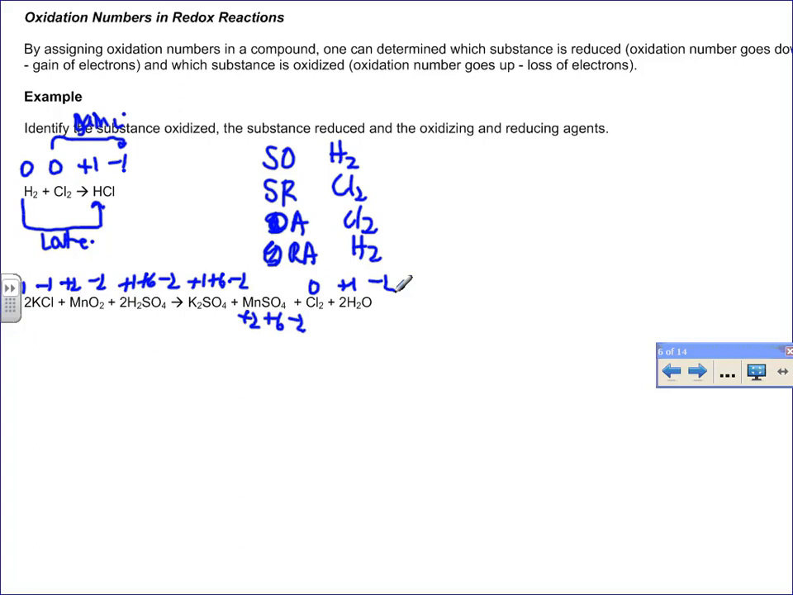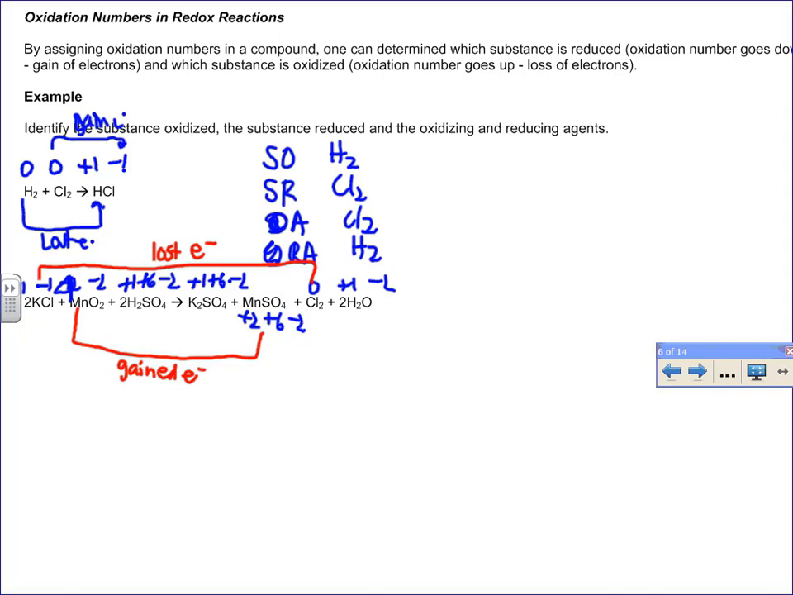So for example, manganese. Okay, this should be +4 here. Okay, manganese has changed from +4 to +2. And the chlorine has changed from -1 to 0. Okay, so in this case, the chlorine has lost electrons, and the manganese has gained electrons. The other elements, like potassium, oxygen, sulfur, have not changed their oxidation number, so they're not involved